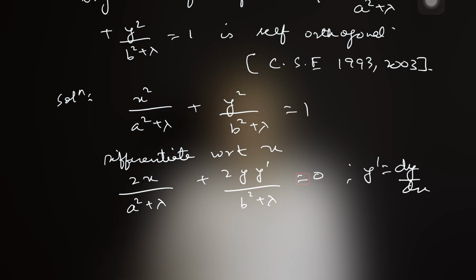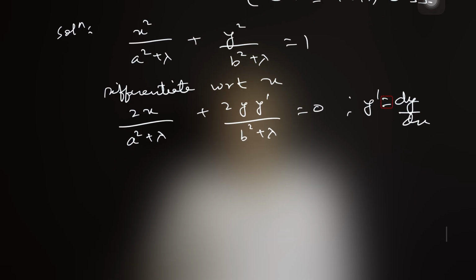We get 2x upon a square plus lambda plus 2y y dash upon b square plus lambda is equal to 0, where y dash is dy by dx. And one can write x upon a square plus lambda is equal to minus y dash upon b square plus lambda. Now, one of the elegant ways of taking away this lambda is that if I subtract